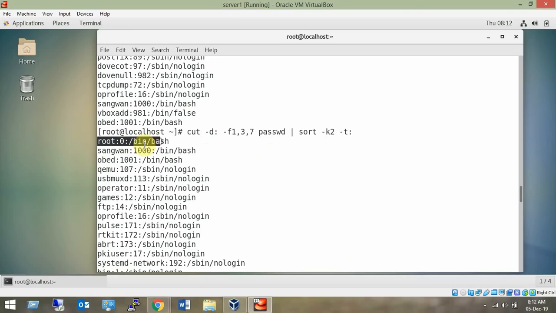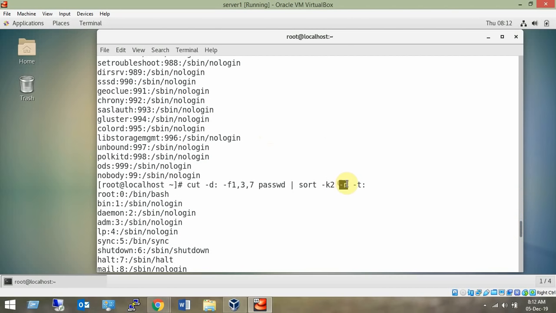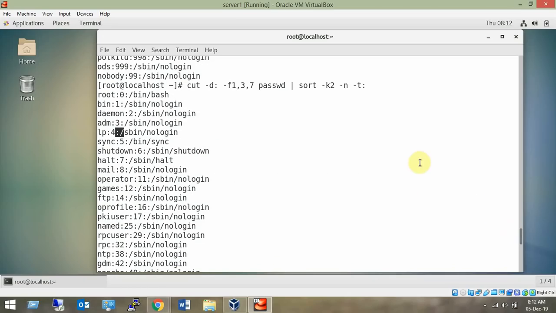So look at this. The first value is 0, the second value is 1, 0 0 1 1, because it is an alphabetical sort. 0, 1, 1, then 2 will come, right? It is not a numeric sort. So to make it numeric, we have to use -n, and that is reflected here. If you give -n, you see it is actually a numeric sort. So root 0, 1, 2, 3, 4, all the users are in sorted order.